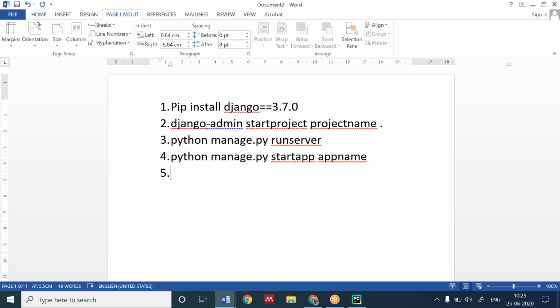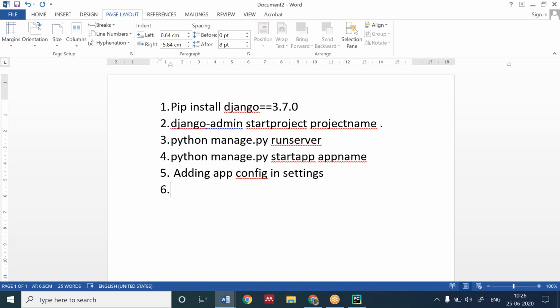Okay, go to apps.py. Create a templates directory. Adding app configuration and settings. Okay, adding app configuration and settings. Hope everyone has done this. After this, what should I do?